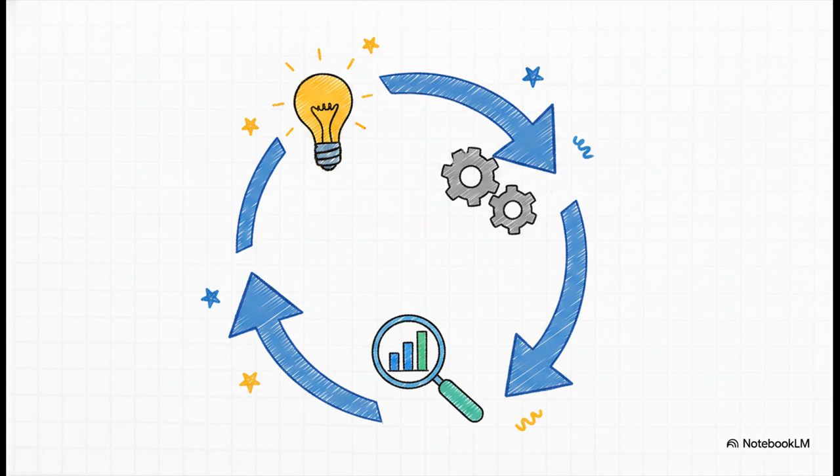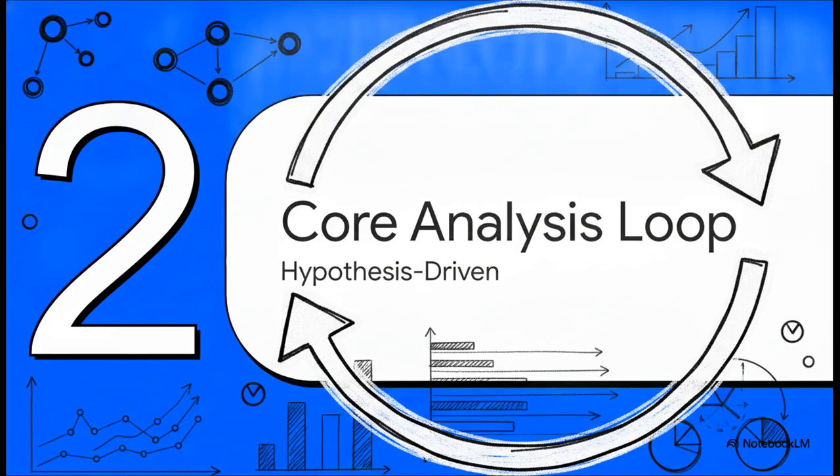You have to start by questioning everything you think you know. You look at the raw data, you form a hypothesis about what is happening, and you test that hypothesis directly against the system's output. And if the explanation doesn't perfectly fit the observed behavior, you throw out the assumption and you iterate. Let's move right along to section 2 and see how this mindset builds into a structured, repeatable methodology, the core analysis loop.